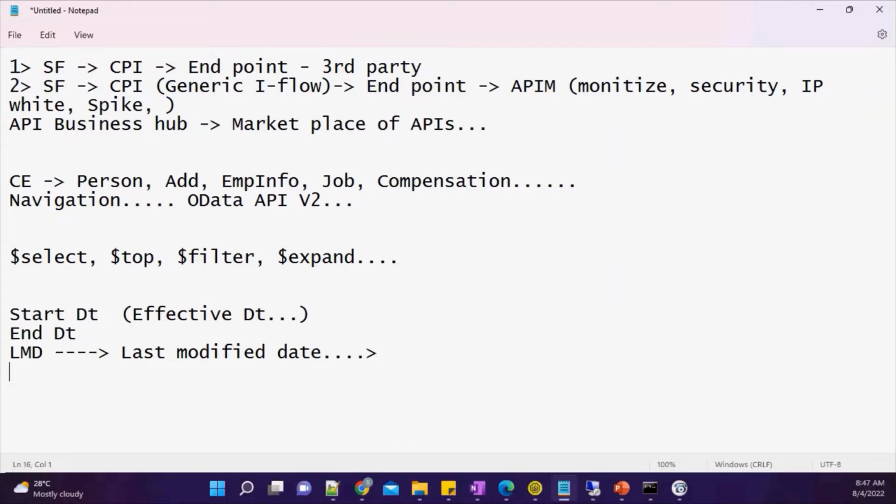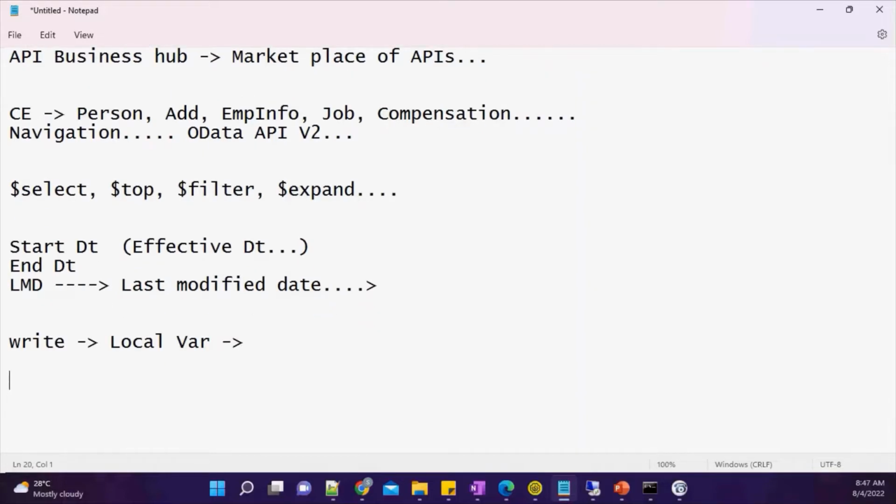Why is it very important? If you remember, when we used the write variable, we stored something in a local variable. Within our iFlow, even in the dummy project, we initiated one variable. We stored the start date or the current date, and at last stored it in a local variable, so that when our iFlow runs the next time, it will pull the last run date variable. So this last modified date is very important to build a logic.